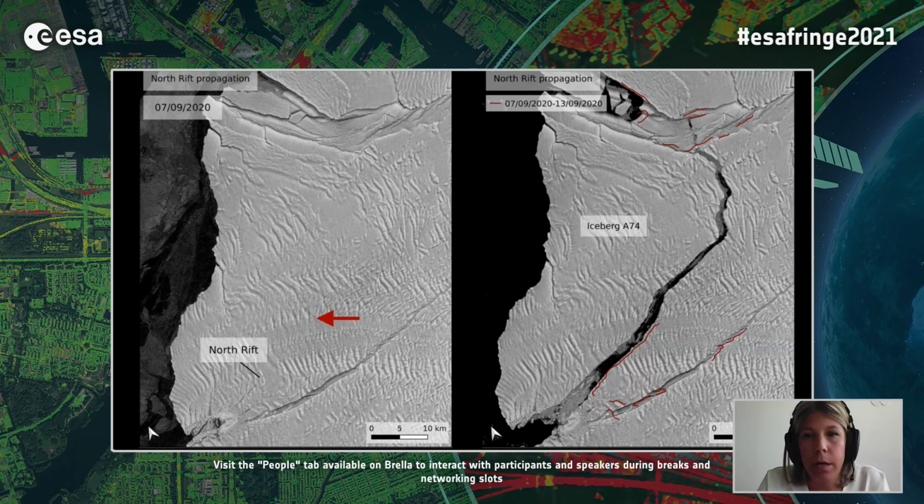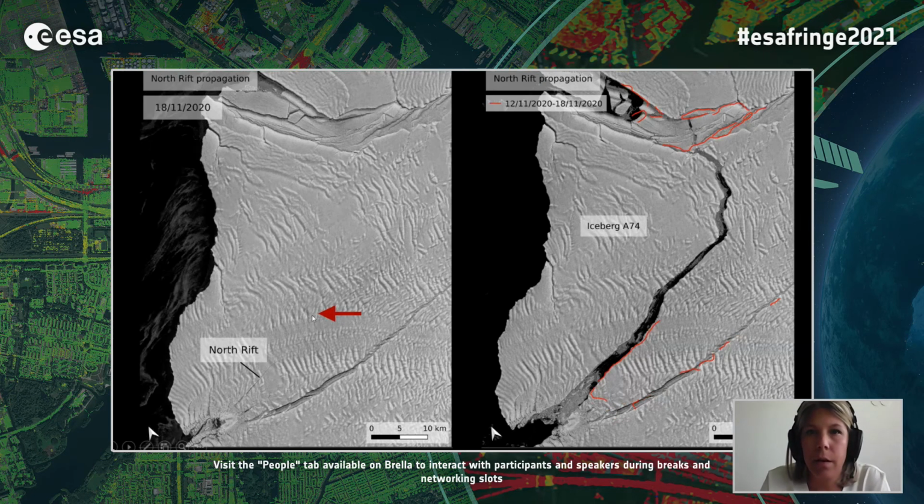And we start in September, and in September you see actually that the crack is already quite advanced, although it's quite stable also. And if you look at the backscatter image, well, if you have a big zoom and a very trained eye, you can see that it's going more or less up to here, shown by the red arrow. And on the next interferogram that I chose, mid-November, we see that the crack didn't advance so much in interferometry,